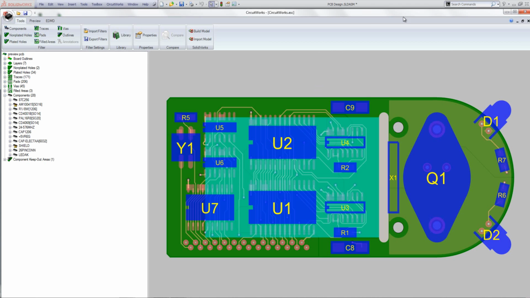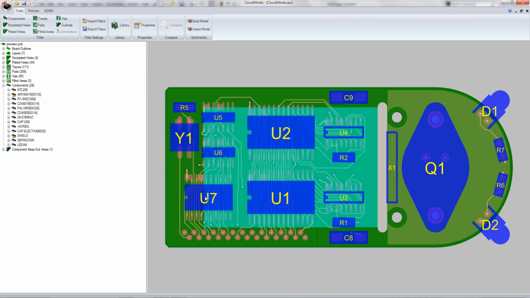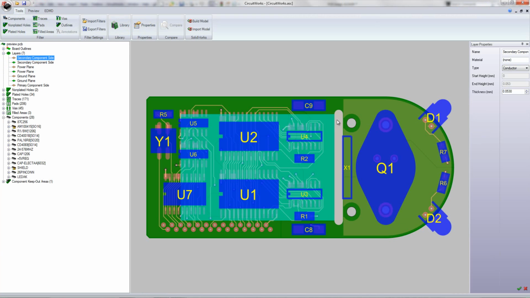Circuitworks is in itself a separate program. So it will convert that ECAD data for us to view here, and the first thing that I want to talk about is this additional support for multiple layered boards. So if we just open the properties pane here, you'll see over on the right hand side it will tell us what type that board is, and also the thickness as well for each of the particular layers within it,